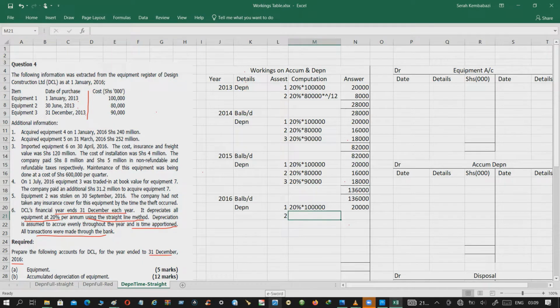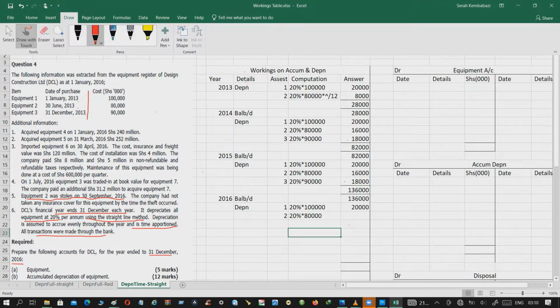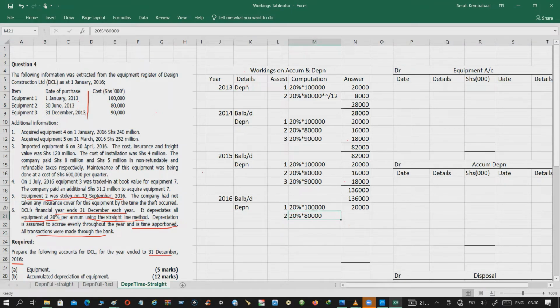For the case of asset 2, based on our additional information, point number 5, we are being told that equipment 2 was stolen on 30th September 2016. So what does that imply? It means that we've been with this asset for only 9 months. So that's the depreciation amount that we shall compute, which gives us